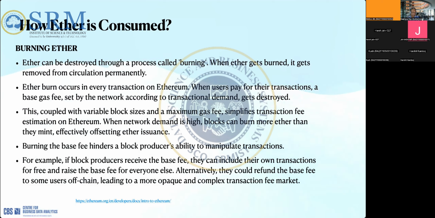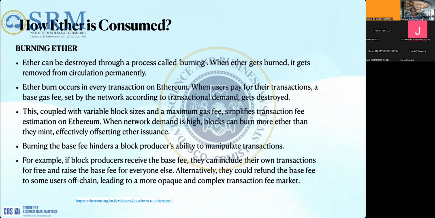Otherwise, the nodes can play some politics. Let's say the base fee is also collected by the block proposer. Then when the block proposer includes transactions, it can include its own transaction, because it doesn't need to pay the base fee.